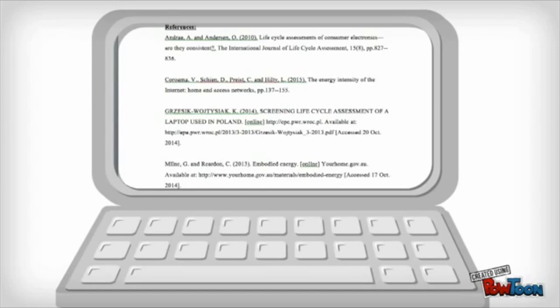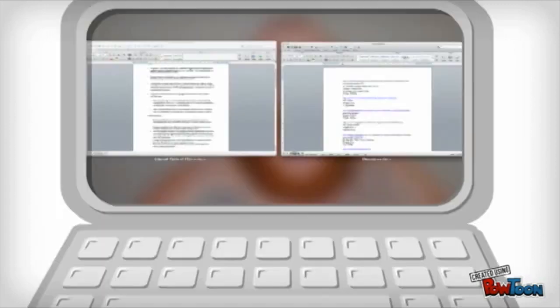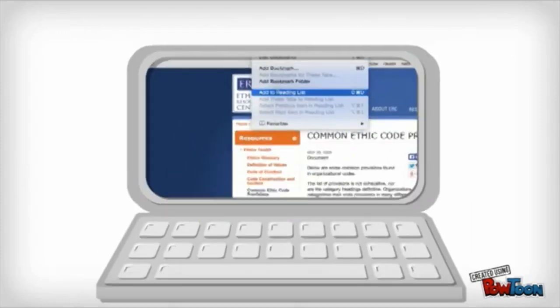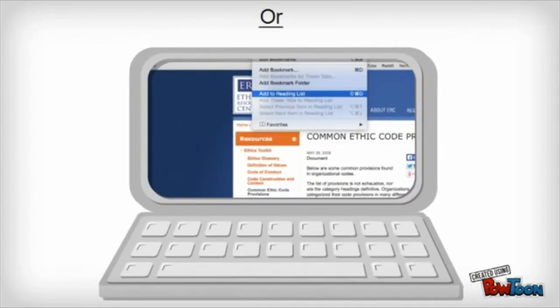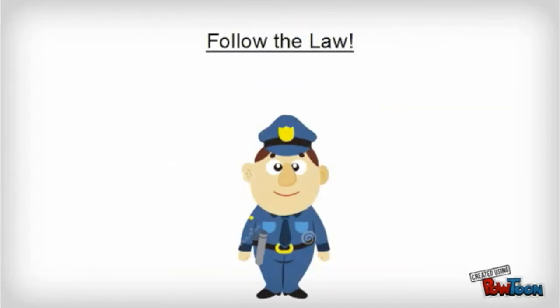This stresses the importance of correct citations based on the citation method issued by your instructor. Keeping a separate document or favorites bar with the links to the sources that you used is key to not forgetting how to correctly cite a source that you used in your work. If any piece of information is also copyrighted, students must also consider the copyright laws that may exist regarding this piece of information.